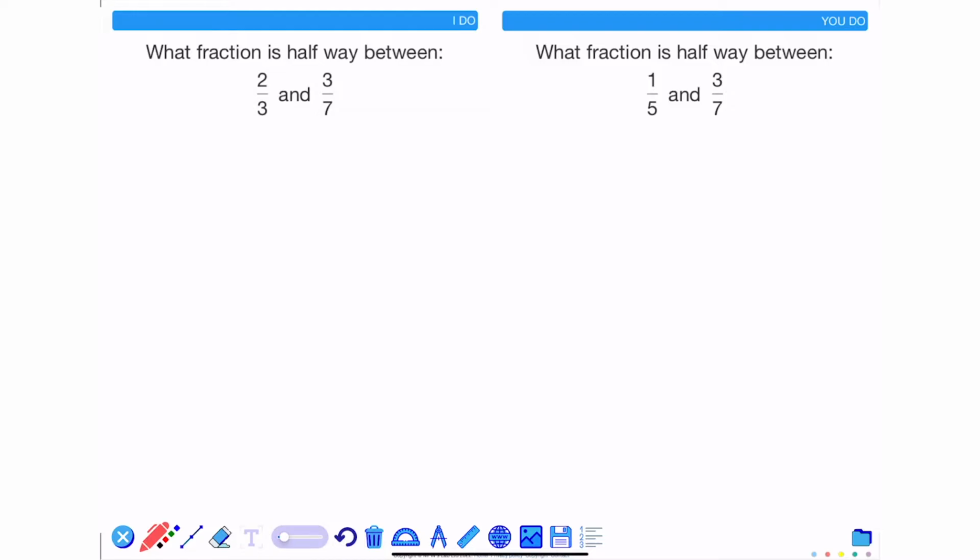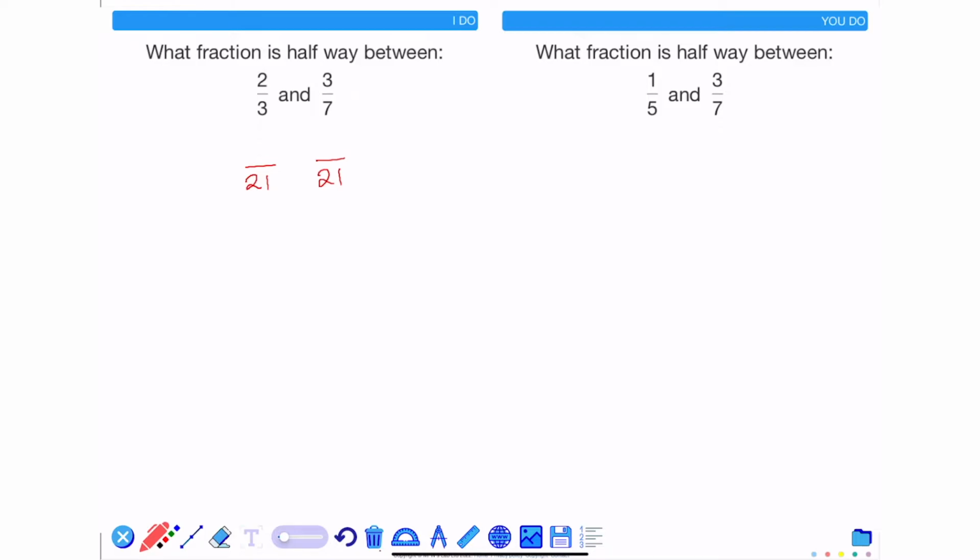In this video, we're going to problem solve and find a number that is halfway between two fractions. Looking at the example on the left-hand side, this question has been made more difficult by the fact that I haven't got common denominators. So, let's find a number halfway between them by having two fractions where the denominator is